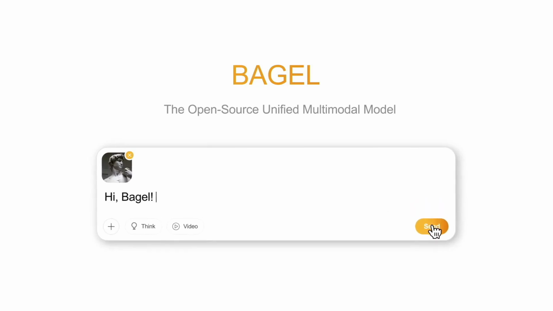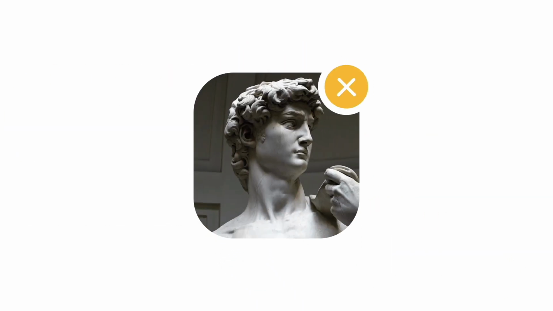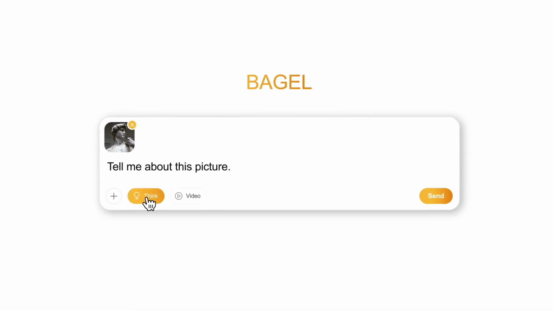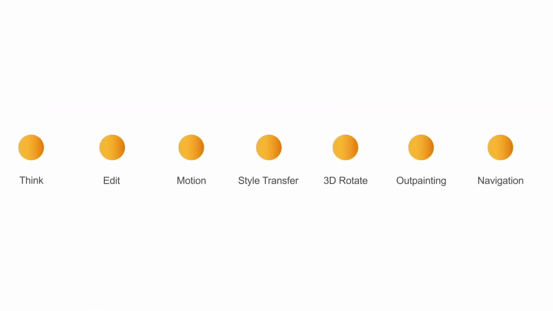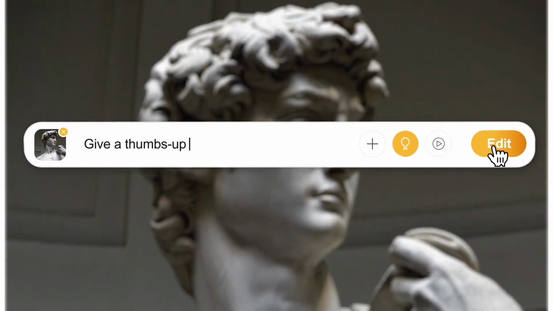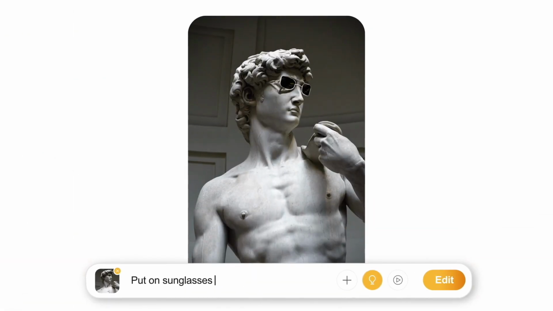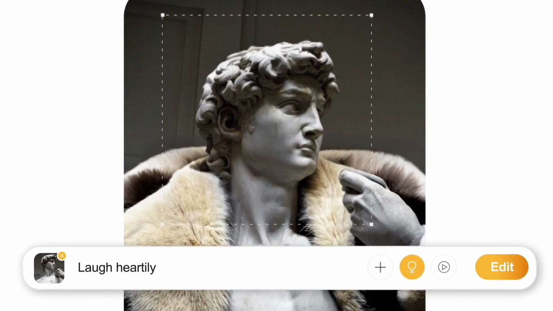An open source GPT-4o image generator and image editor has just been released and is called Bagel by ByteDance. It is actually a multimodal language model like GPT-4o. You can talk to it like a chatbot, but you can also prompt it to generate images, prompt it to edit images, or ask it questions about images. In other words, it has visual understanding as well as thinking capabilities.